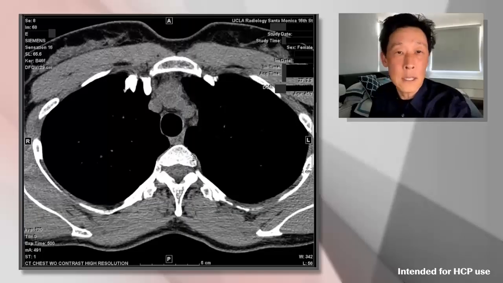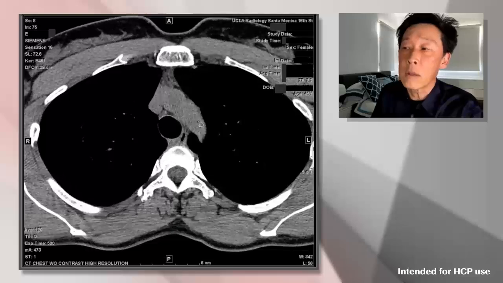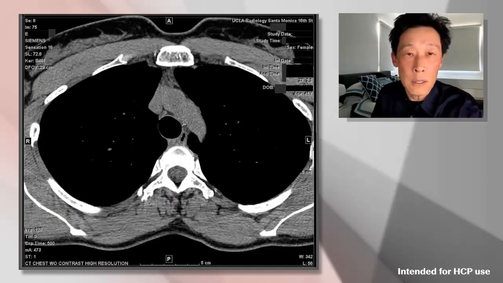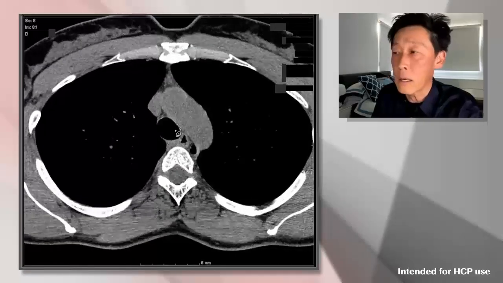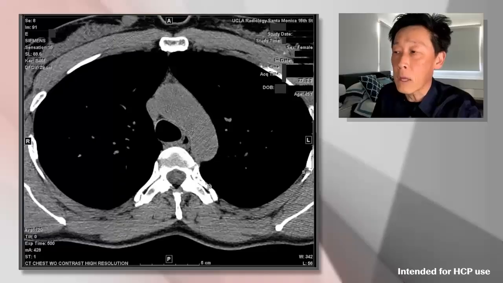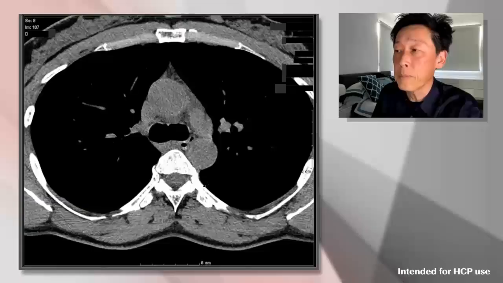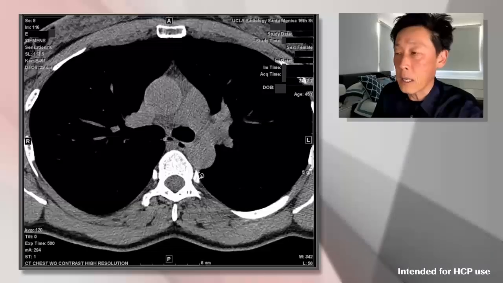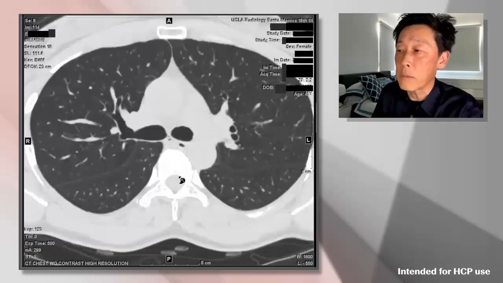Now, with HRCT, we don't want to give intravenous contrast. And so, of course, these structures are going to be a little harder to see because we're not outlining them with the intravenous contrast. This is the thoracic aorta in the aortic arch, and we see the ascending aorta and the descending aorta. As we move inferiorly, and again, just to orient you, let me just switch windows here back to the lungs.